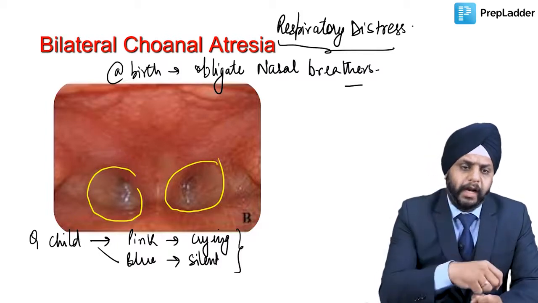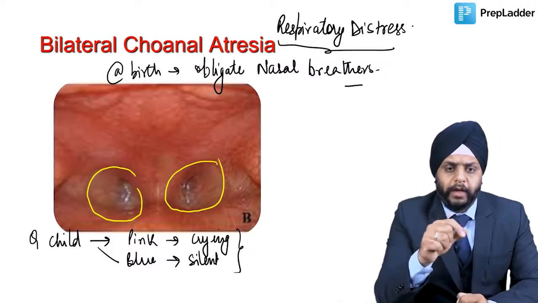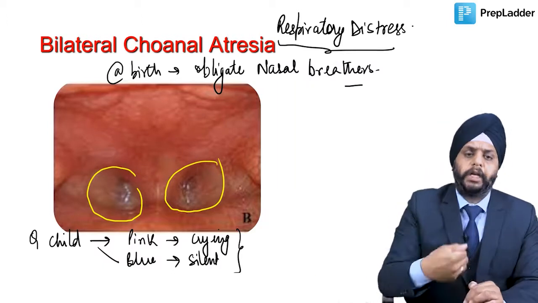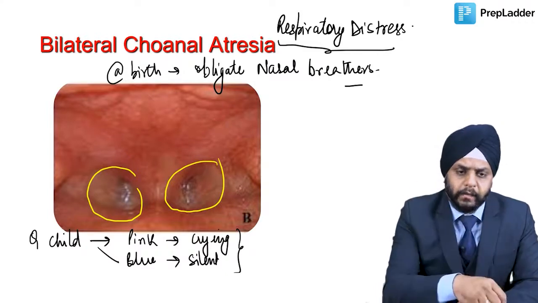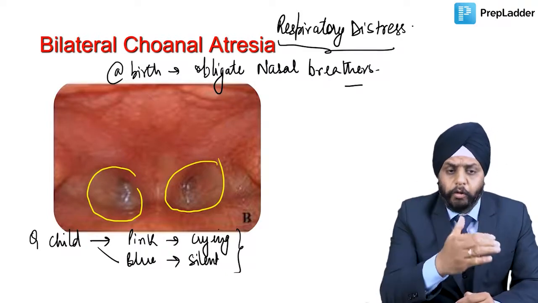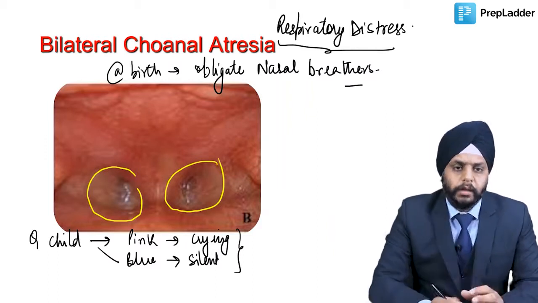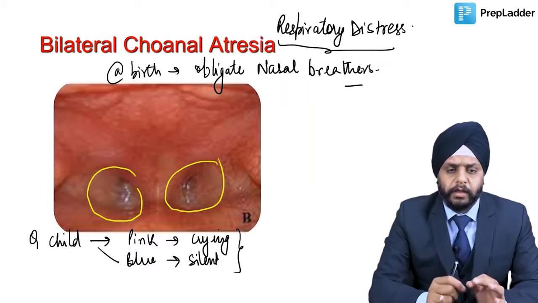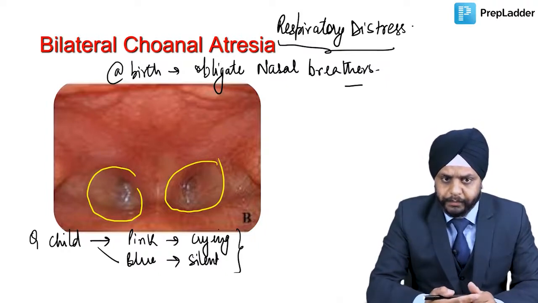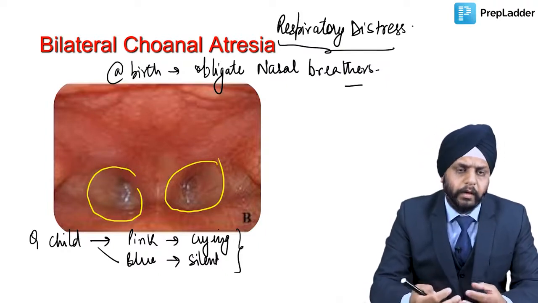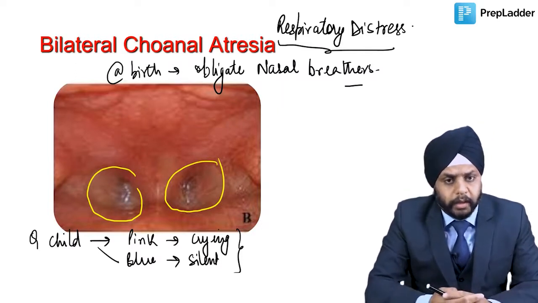So when you, as a pediatric intern or a pediatric PG, put this in the nose, what will happen? There is a choanal atresia. It will rotate and come back. Immediately you put it on the other side, the other nasal cavity, and it again rotates and comes back, and you have made your diagnosis within a few minutes of childbirth, that the child is having choanal atresia. Just by this simple procedure, you are able to diagnose that the patient is having bilateral choanal atresia.